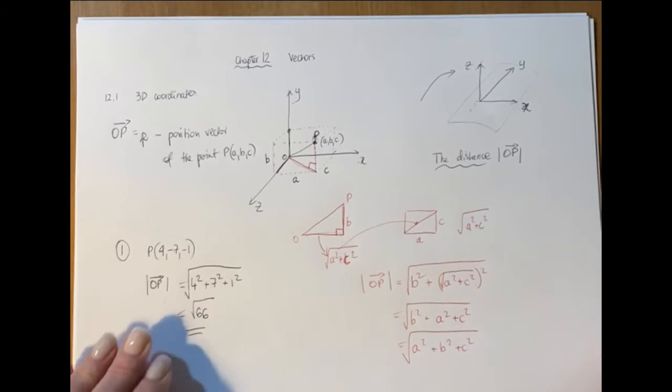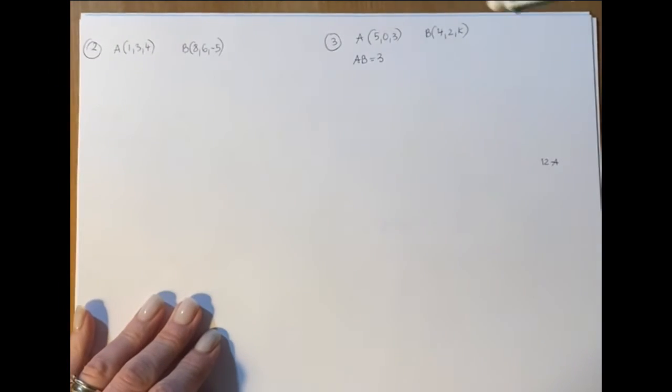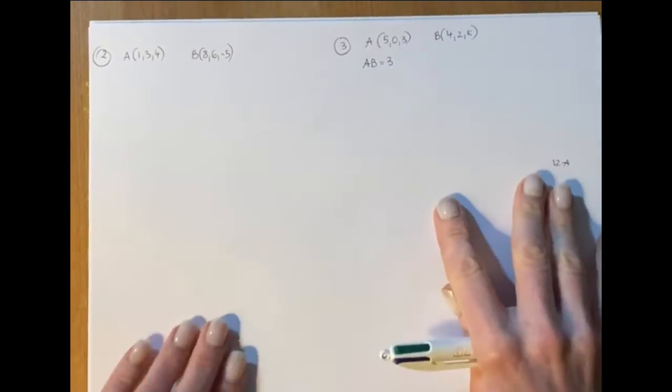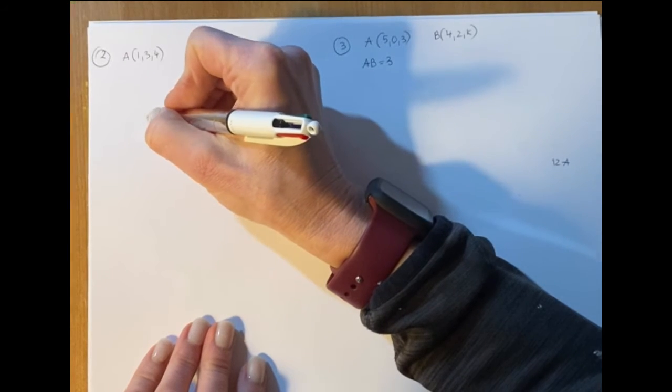So that is the length of the vector OP. Let's have a look at example 2. How would you find the length of the vector that takes you from the point A to B? Well, let's find vector AB